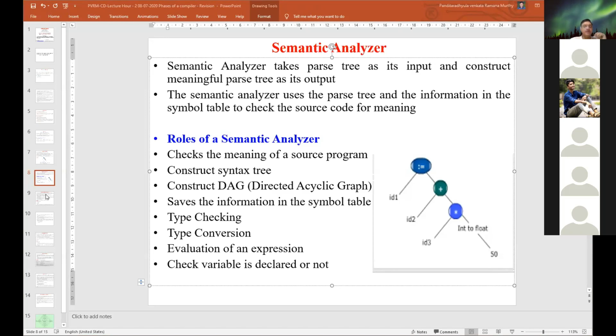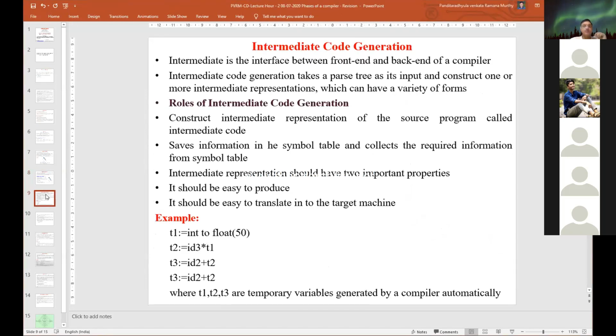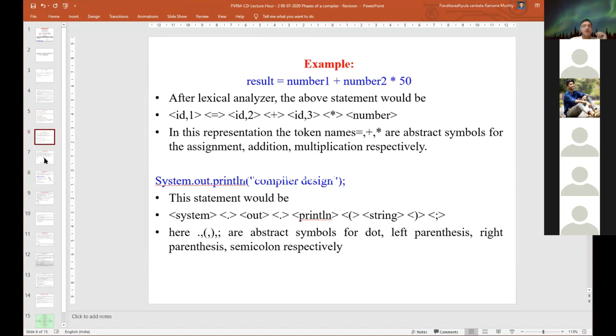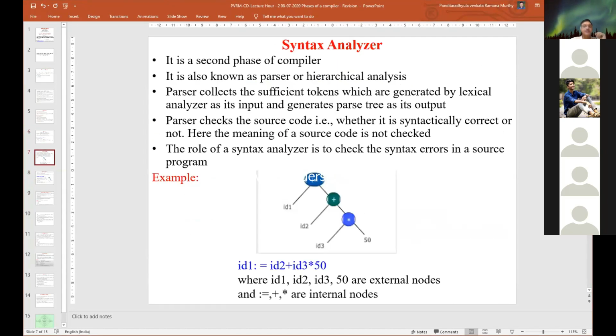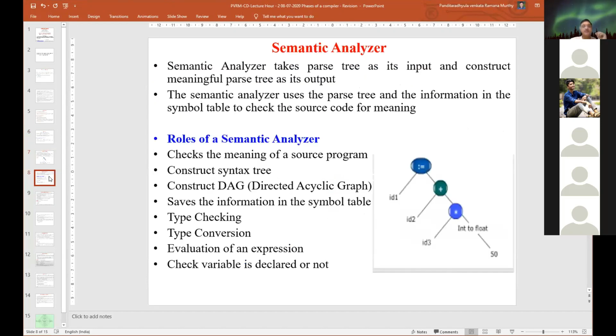After this semantic analysis, now we are coming to intermediate code generation. The previous three phases performed lexical analysis, syntax analysis, and finally semantic analysis. They verified whether the tokens are declared or not, have the right meaning or not, and are connected with the right structure or not.